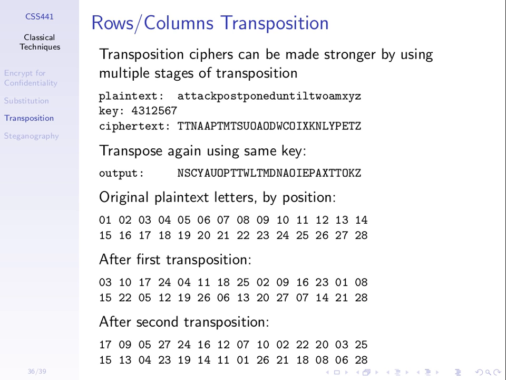This T, if you check, goes here. If you follow the letters from the encryption, you'll see that they change positions, and the 28th letter ends up at the last position. The 8th letter in the plain text ends up at the 14th position. So that's just the nature of the algorithm. It rearranged in that order.